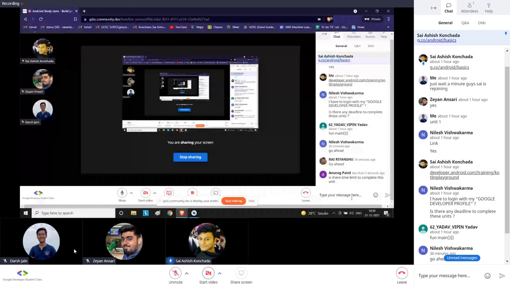After completing the 6 units, you can build an app and give it to us. We will send it to Google. We have mentioned the guidelines in the first session. If you make an app after learning, we'll send it to Google, and Google has an opportunity to feature our apps. And obviously, we'll mention in your certificates that an app has been submitted by you or your team. So complete these units with us or without us, but try to complete it by 29 December. If not possible, 10 January is the last date. We can't go any later than 10 January. I hope that answers your question, Anurag.